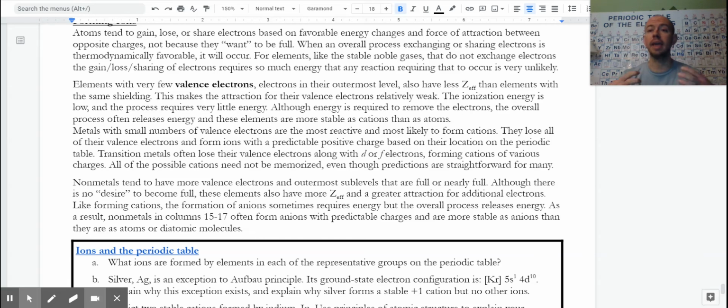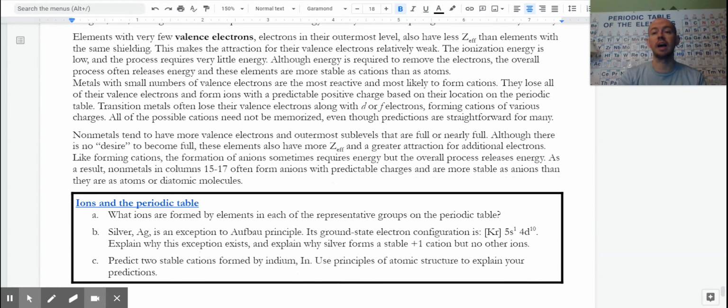To say it one more time, if we're thinking about compounds, reactions, and predictions of what happens, the metals are predicted by their ionization energy. The more easily they lose electrons to form a specific ion, the more likely that's the compound they're going to make. Nonmetals, on the other side,